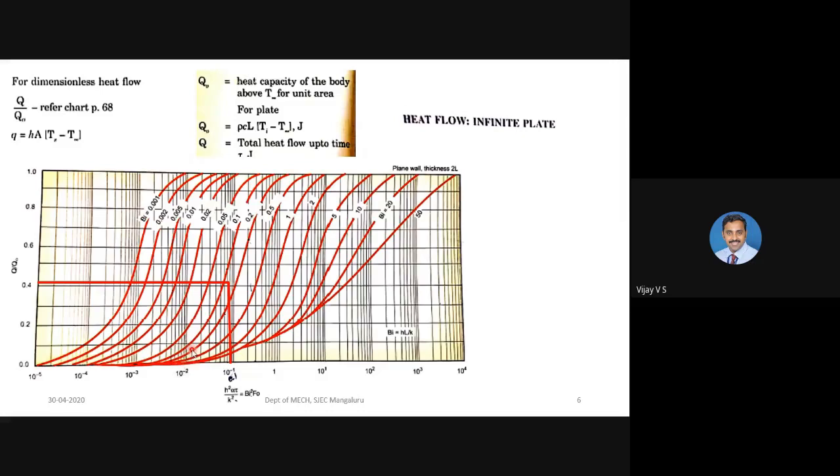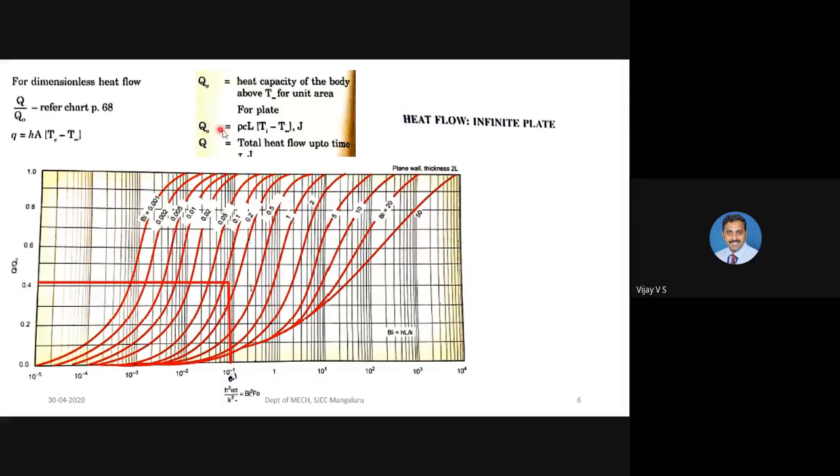Now this is 10 to the power minus 2, means 0.01. This is 0.01, this is 0.02, 0.03, like that, 0.09 approximately here. So 0.09 and 0.165 will meet somewhere here. The ratio Q by Q naught you will get is 0.4 approximately. I can take 0.42. Clear? Now I got the value of Q by Q naught.